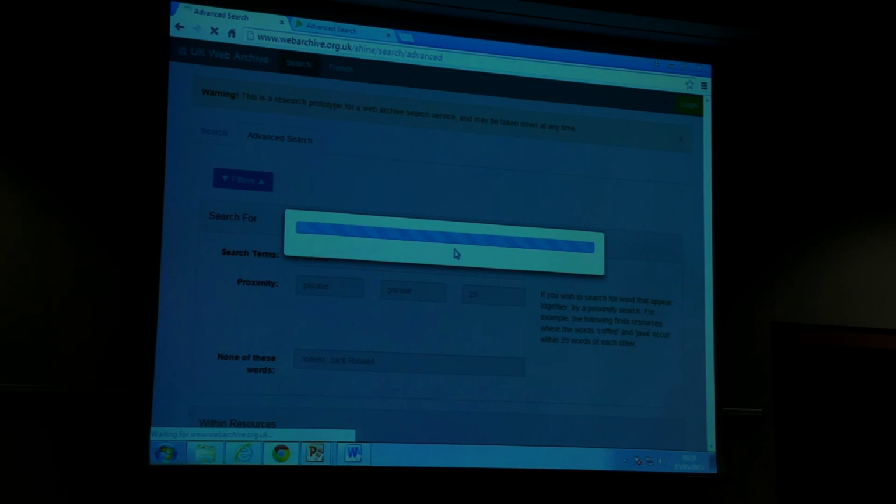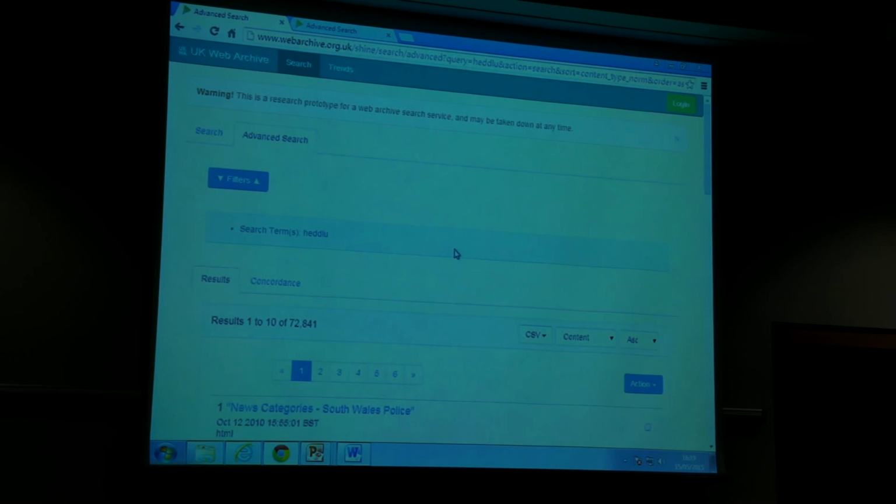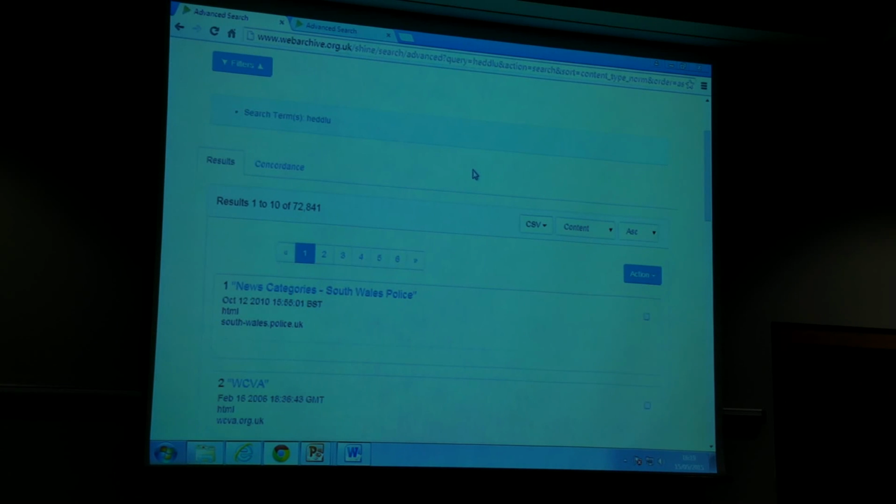So that's why when it looks for "mind", it doesn't know. And actually, mind is a German word as well, I think, as well as an English one, and so there's no distinction there. And we can do that with a telephone number as well. Yes, again, any string of characters. Oh yeah, 72,000 results for the Welsh word for police.